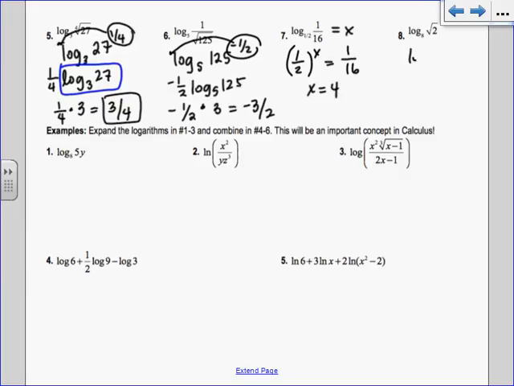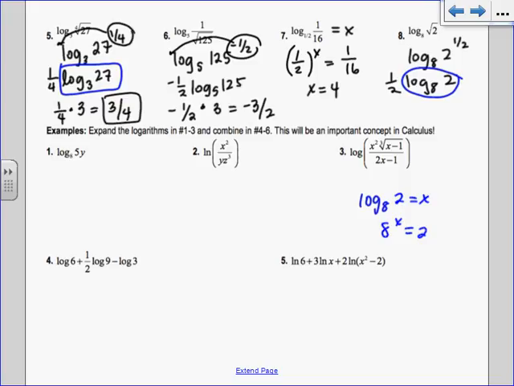All right, and the same idea here. So I have log base 8 of 2 to the 1/2. I bring the 1/2 out front. And then you're like, ugh, log base 8 of 2. Yikes. 1/3. It is 1/3. So if you need to rewrite it, I would recommend doing that. If you want to set that part equal to x, you can do it off to the side. And you can say 8 to some power equals 2. It's not 1/2. 8 to the x equals 2. So you rewrite it,